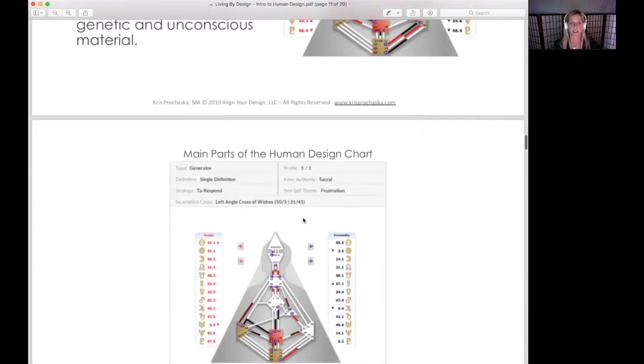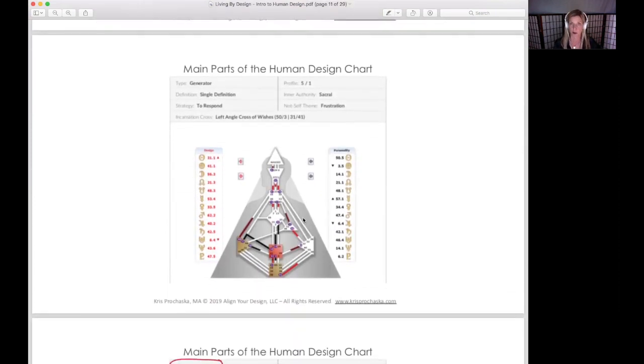Okay. So here we go. Let's start to look at the main parts of the human design chart. So if you get your chart from Jovian Archive, and again, I'm going to have all of these in the show notes and the description of today's episode, so you can click there and get your own chart for free. If you get it from Jovian Archive, this is what it's going to look like. I actually cut off some of the details, like my birth information. I cut that off of there, but I just want you to see this aspect of the design that I'm looking at, okay?